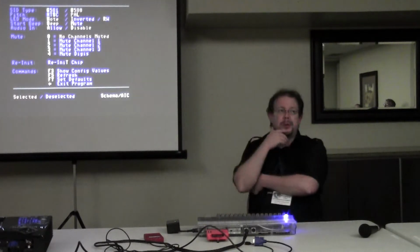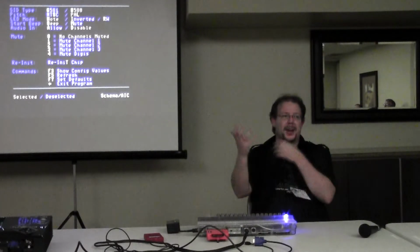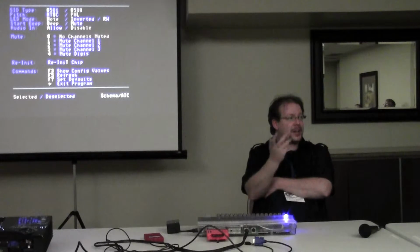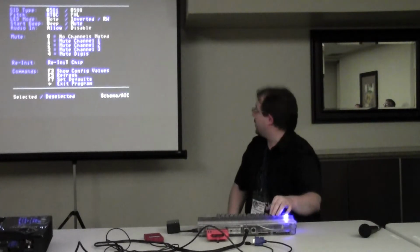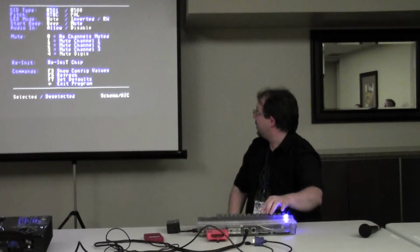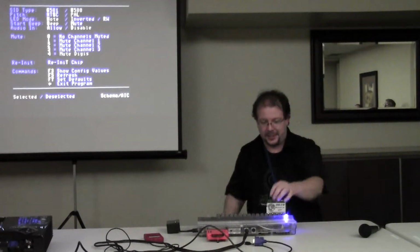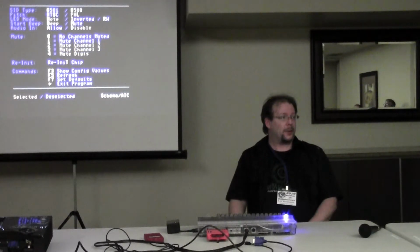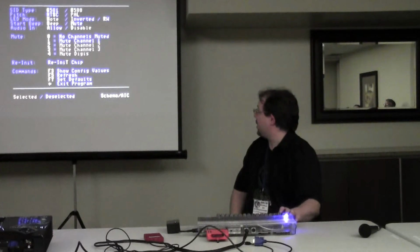So in the middle there, mute. This is a really neat feature for deconstructing your favorite SID tune or music, because you can mute different channels. So I can say I want to mute channels. I want to mute digis. Yeah, channel 3. So all that will play now is channel 1. So if I exit,